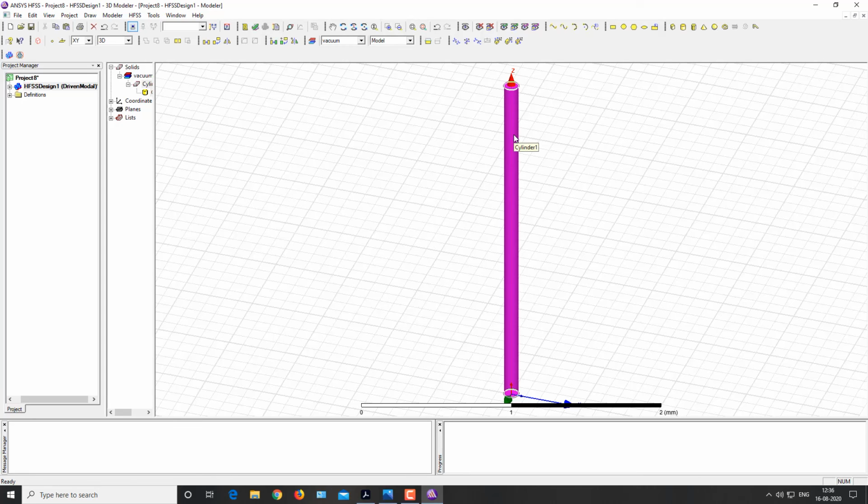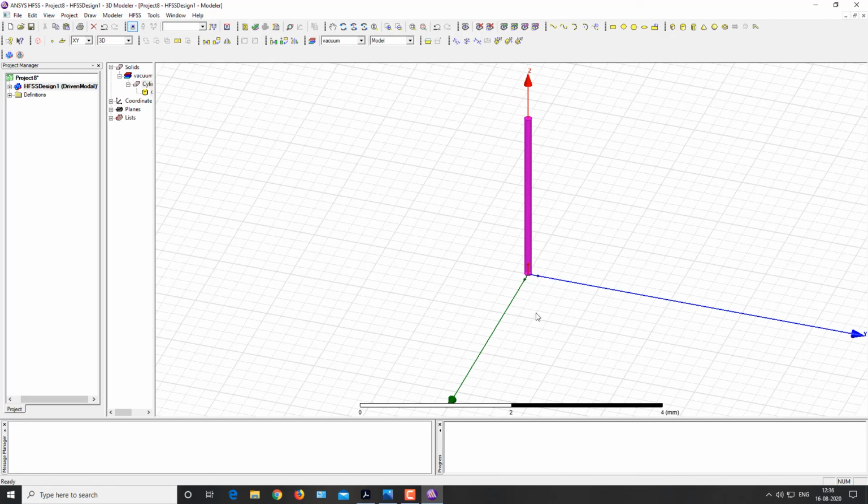Now we have to create another element in the minus z direction. For this there are two ways. You can simply follow all the steps, create the cylinder manually and define the axis as minus z axis, and there is another option provided by HFSS.